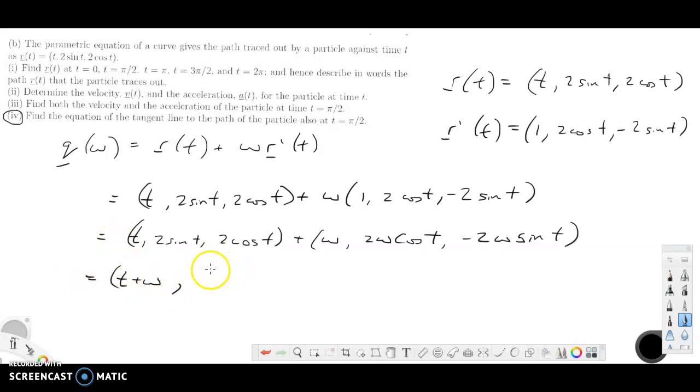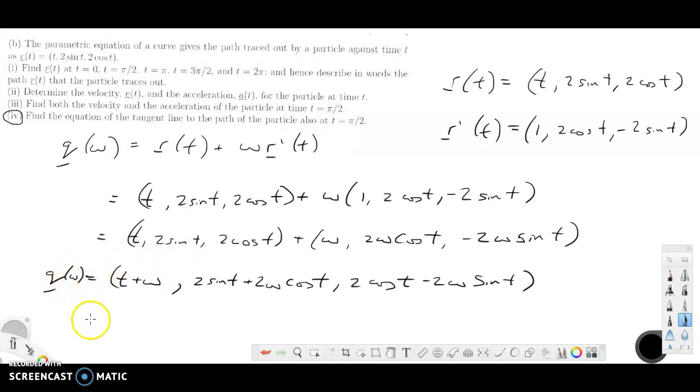Then putting them bits together, we have t plus omega, comma 2 sine t plus 2 omega cos t, and the last bit is going to be 2 cos t minus 2 omega sine t. And we're asked to find the equation of the tangent line. So this is the equation of the tangent line. But when t equals pi over 2, we have to find the value of this. Right? So at t equals pi over 2,